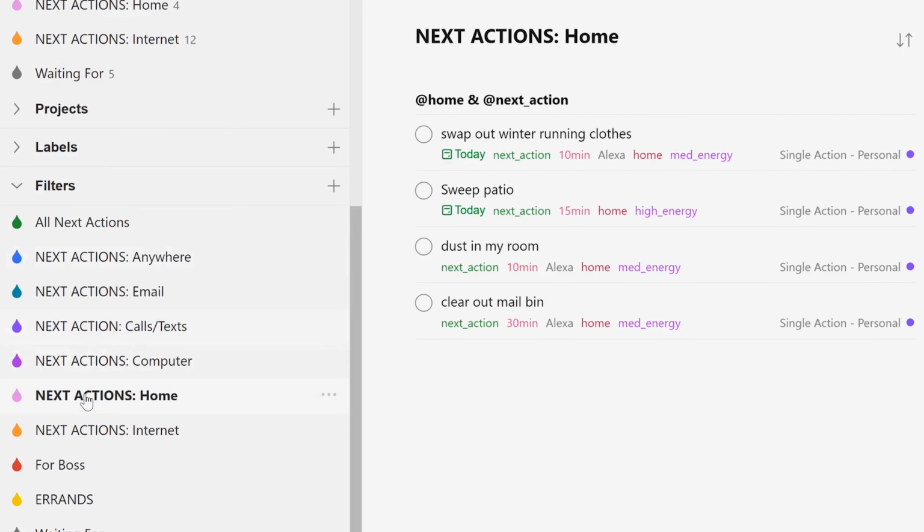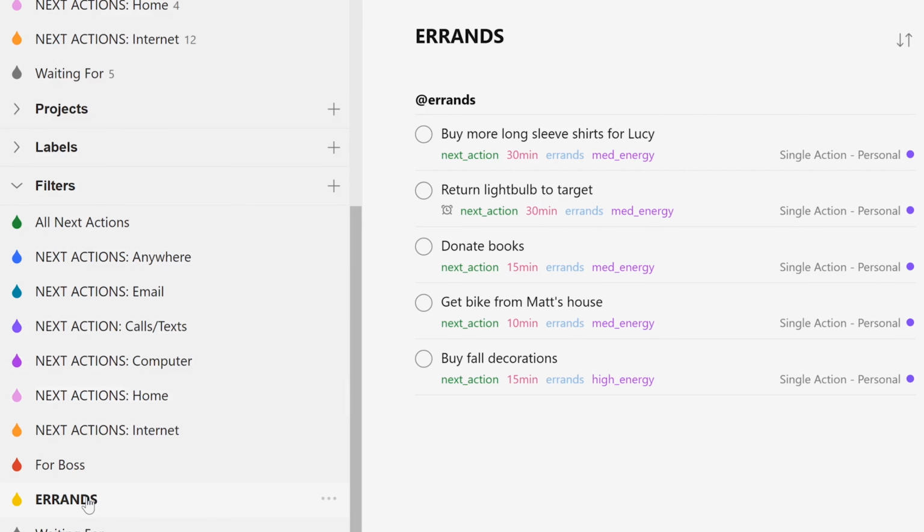If you've already been following along in this series, then you already have all of these things labeled or in some way organized, so you've pretty much done the work on all of these up front. Then you can just decide based on things like your energy level and your context and the amount of time that you have, what you're actually going to do. You've done all of the work up front, so then the engage part is actually pretty effortless and easy.